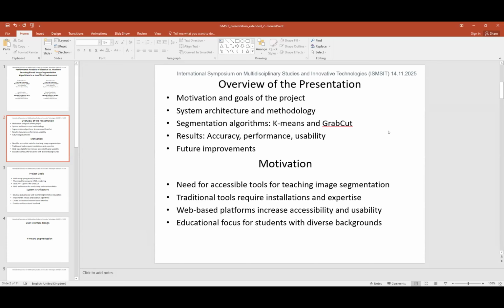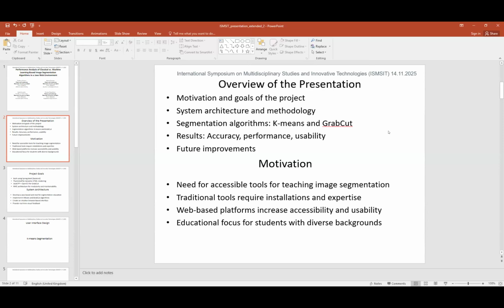The rapid evolution of computer vision technology has expanded the use of segmentation across fields such as medical diagnostics, autonomous systems, industry, and so on. However, integrating computation-intensive segmentation algorithms into web-based systems introduces unique challenges related